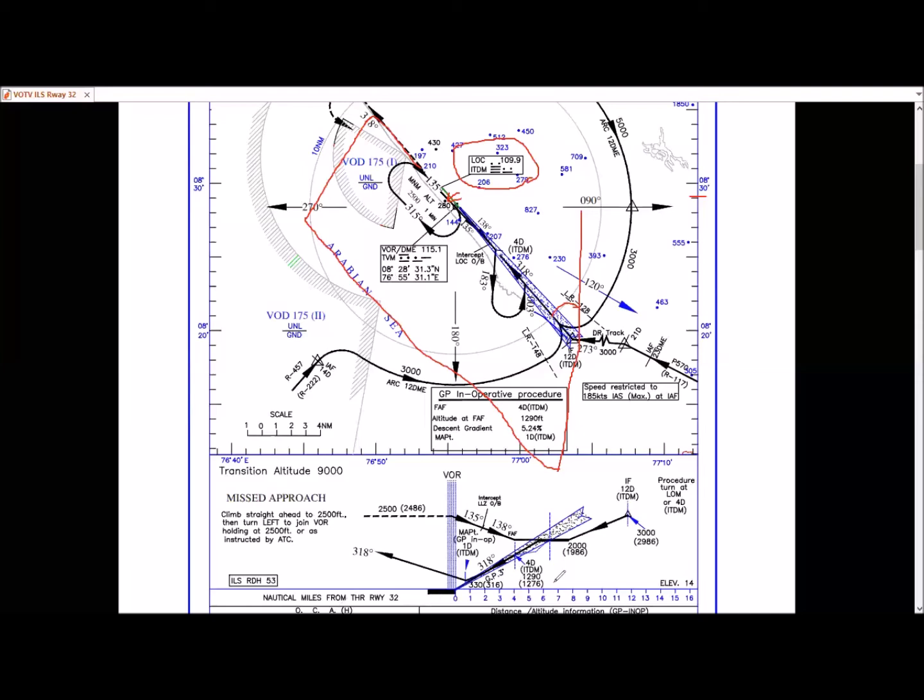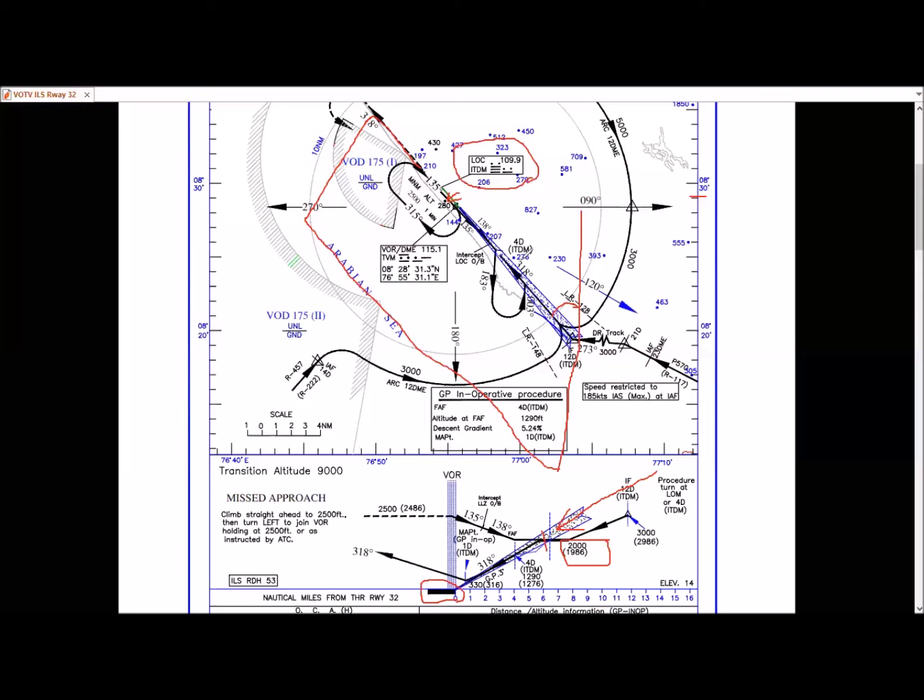Now let us look at the vertical profile view. This is the runway. This feather is the glide slope. This is giving the glide path. For this particular flight, we will approach at an altitude of 2000 feet and intercept this glide slope at approximately 5.5 nautical miles. Then the plane will be guided down on this glide slope to precisely touch down at the touchdown point.